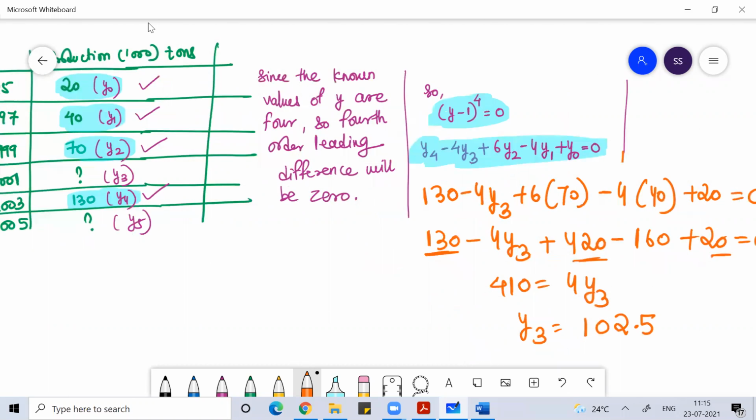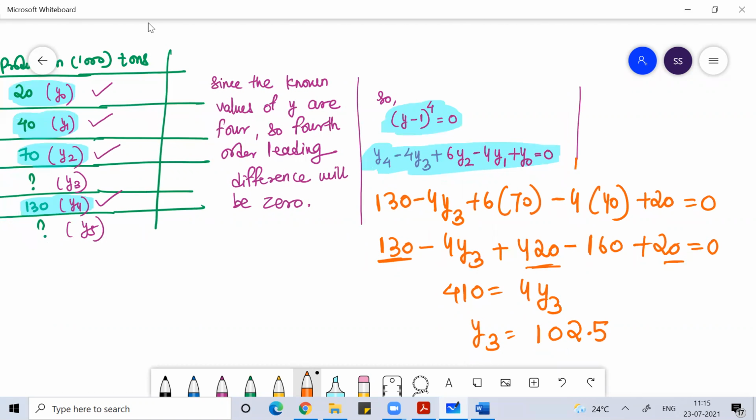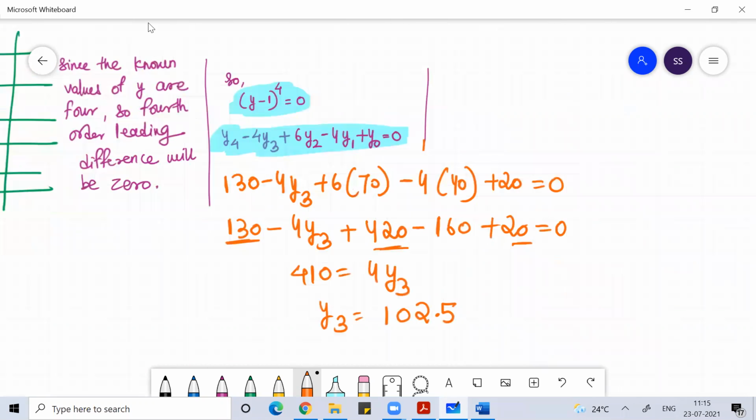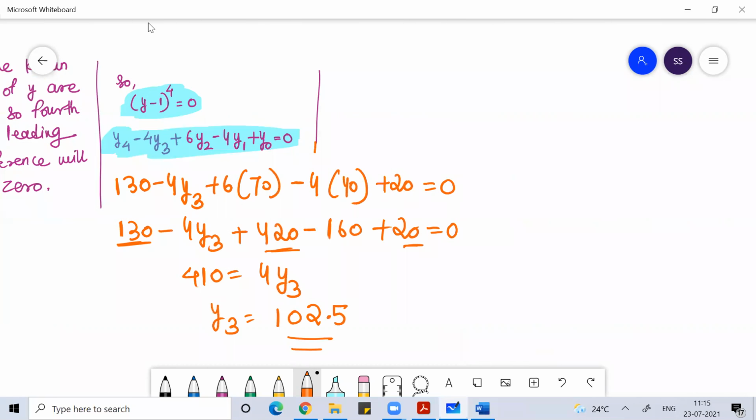Anyone, any doubt? This part clear, everyone? So I got the y3 value. Now, guys, y3 value is 102.5. Again, guys, if I write down the problem,